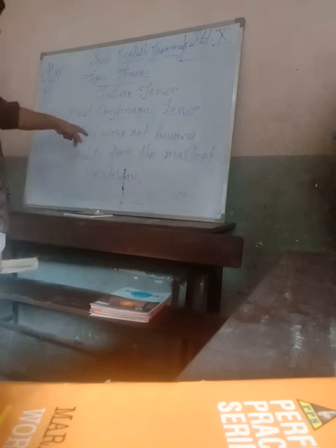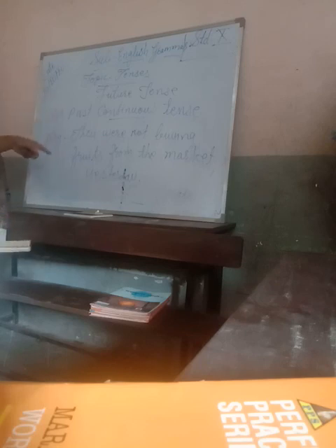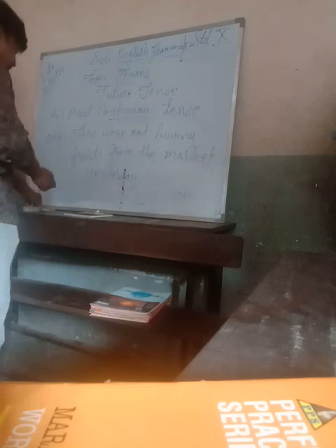Okay, that way we can change an affirmative sentence into negative in this past continuous tense. And what does that mean? Past continuous tense means the action was going on in the past. It was not complete. It is incomplete. So two examples are okay. I am going to give another one.